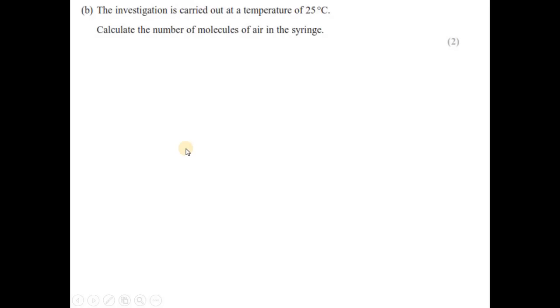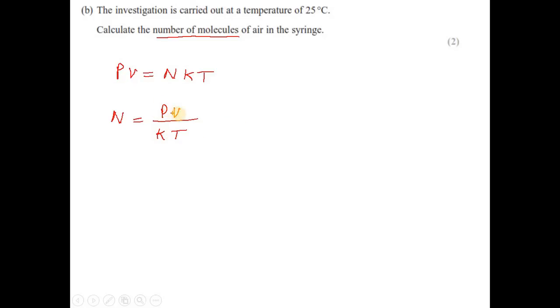The investigation is carried out at a temperature of 25 degrees centigrade. Calculate the number of molecules of air in the syringe. So, number of molecules, if we need to find, we use the equation PV equal to NkT, and N is the number of molecules, so N is equal to PV divided by kT, where PV is the